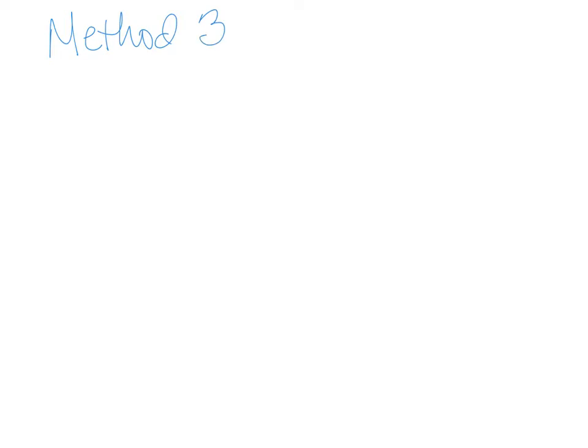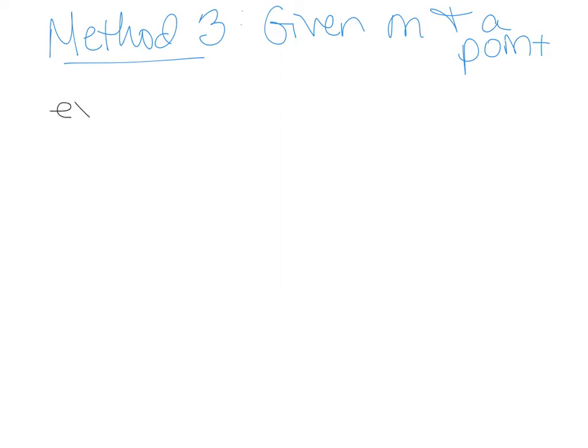Method 3 is when I'm given m and a point. Okay. Third method out of 4 methods. So I'm going to write an example, and we're just going to walk through an example because that's what makes this easiest. So given a slope